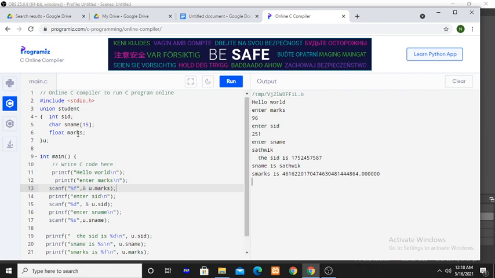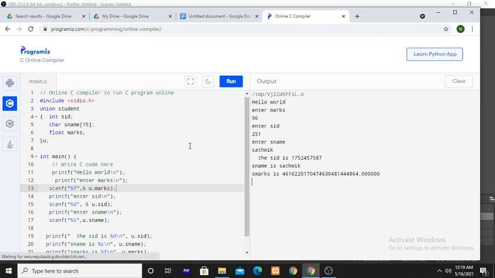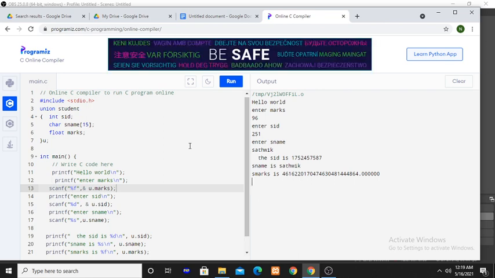When you hold the floating point value marks of the student, it occupies only 4 bytes of memory, and the remaining 11 bytes are wasted. When you hold the name of the student in the union variable location, it occupies the full memory, and no memory is wasted. That is in the case of union. So a lot of memory will be wasted in some cases. That is also one drawback of the union. I hope you understood what structure and union are and the difference between them.